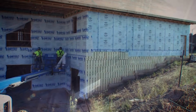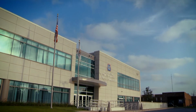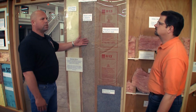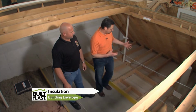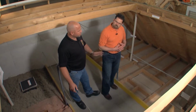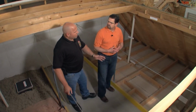Understanding the various components of the building envelope begins here at the Carpenters Apprentice and Training Center. Instructor Craig Triplett provides a unique perspective of the techniques and materials used in attic insulation. Now, Craig, this is a good example of what your typical attic frame will be once the house is constructed, correct? Correct. We have basically all the ceiling joists or the bottom chords of the trusses going across our walls,